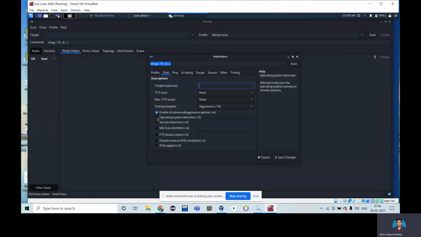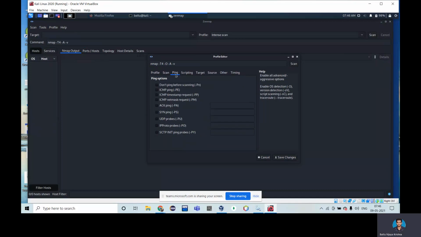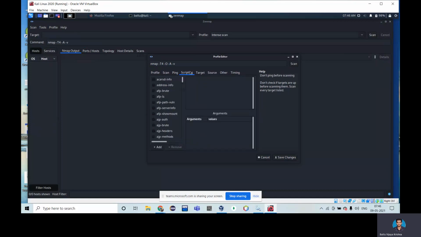I disabled it, so let me enable it. Then version detection, idle scan, FTP, and IPv6 support also. It will show these details after scanning a particular URL or IP address. And ping results, like UDP, TCP, ICMP time requests, how much time it will take, those kinds of things it will show.